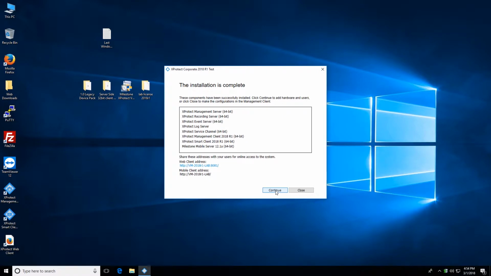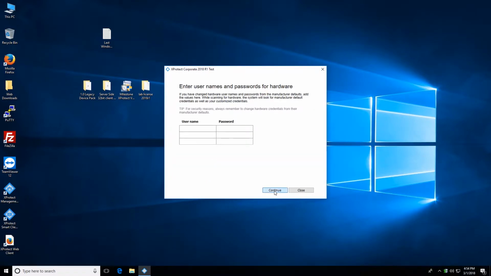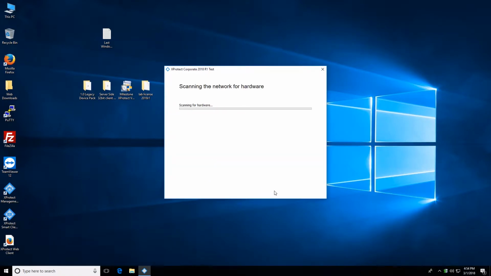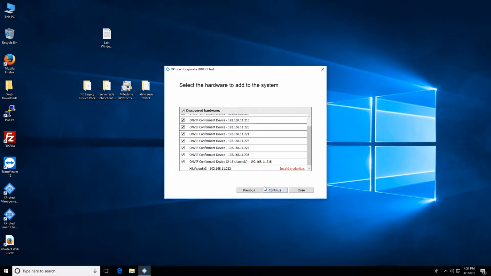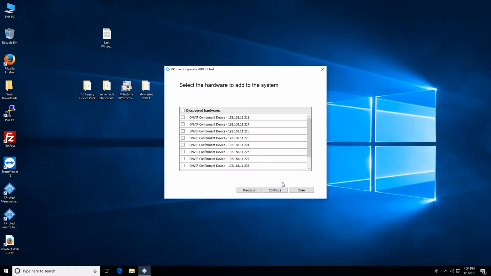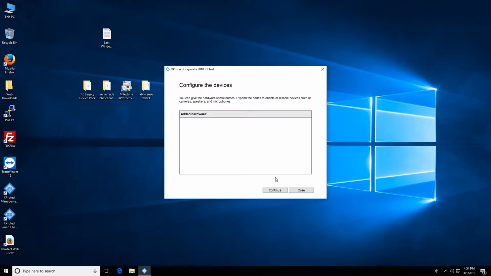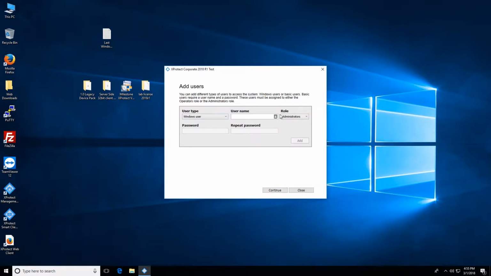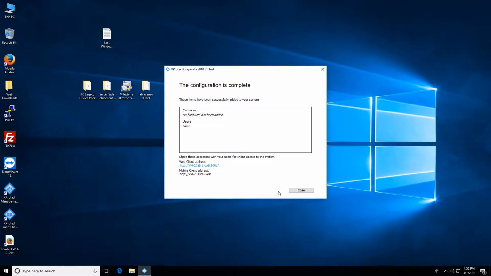For single computer installations, toward the end of the install process, the system will give you a chance to add cameras, select a storage drive, and even add users. Feel free to take advantage of this feature if you like. For small systems, it can be quite convenient. However, for the purposes of this video series, we'll be setting these things up in greater detail within the Management Client software, all of which will be covered later in this video series.